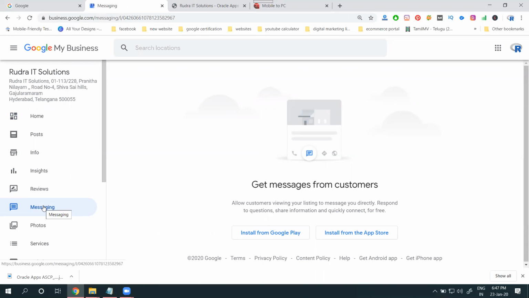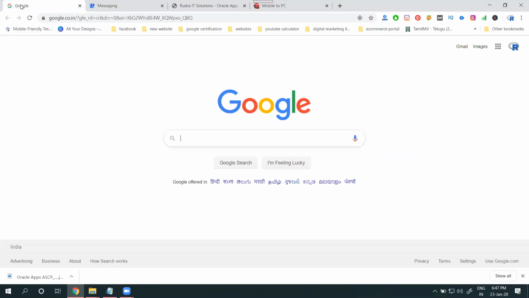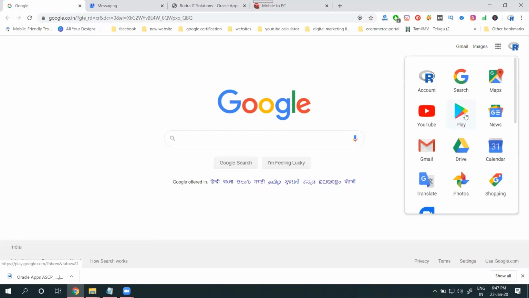You have to turn on the messaging button. It will be activated in less than 1 hour, but it is only valid for mobile users. First go to Google, select your Play Store,